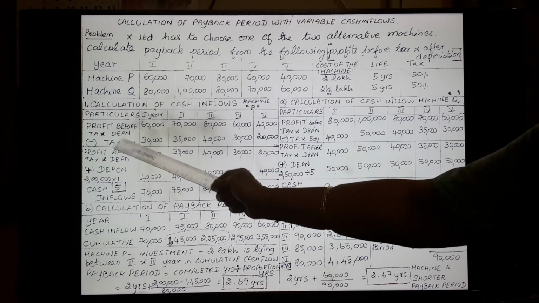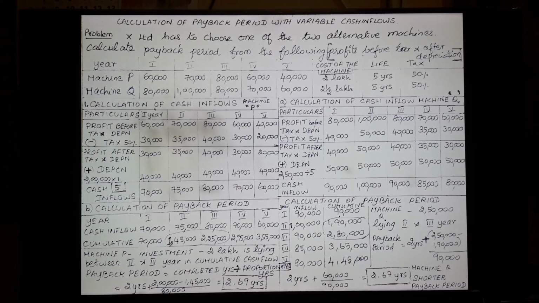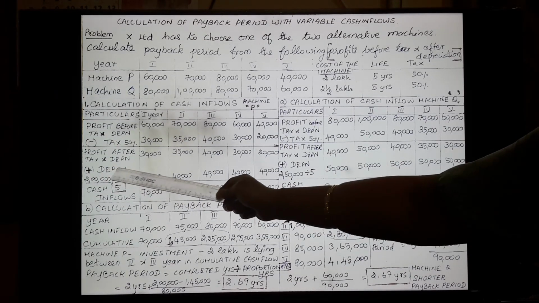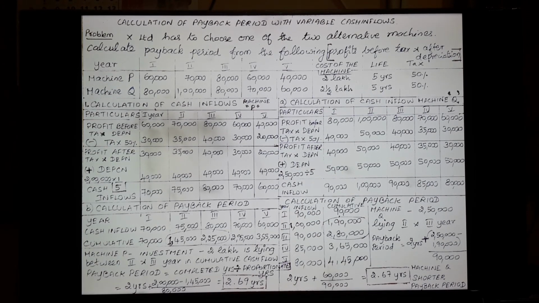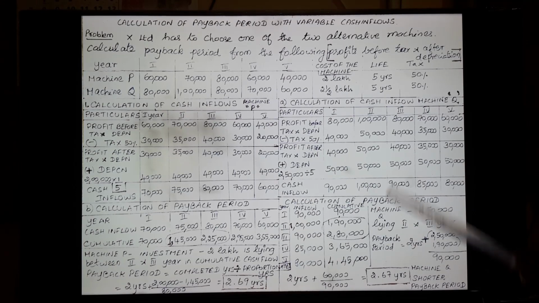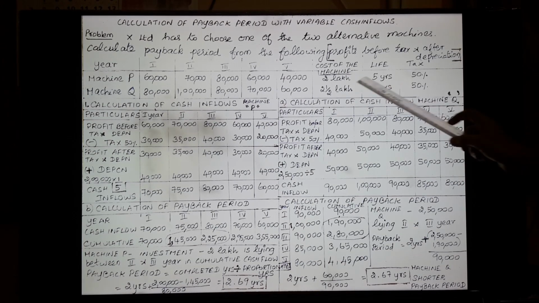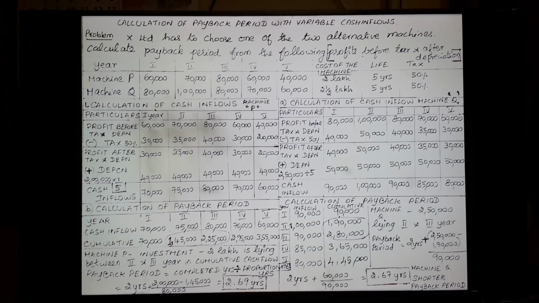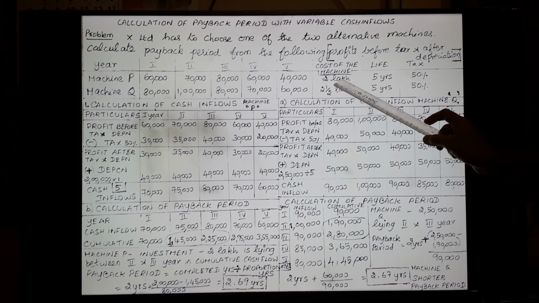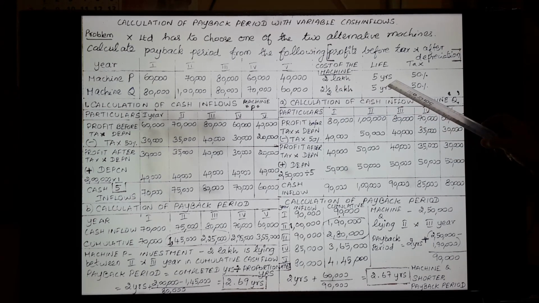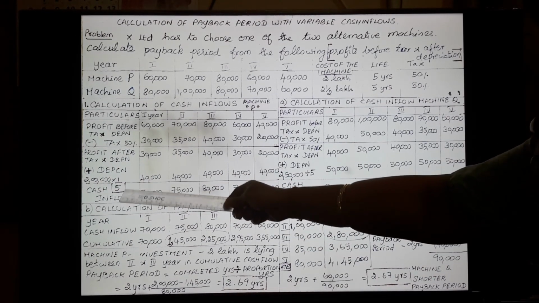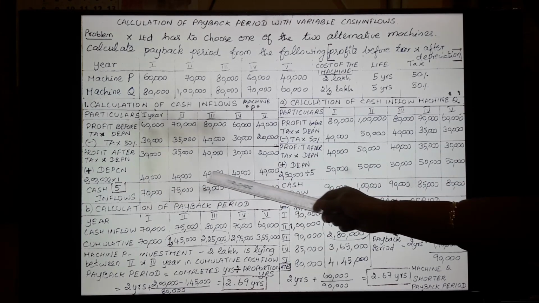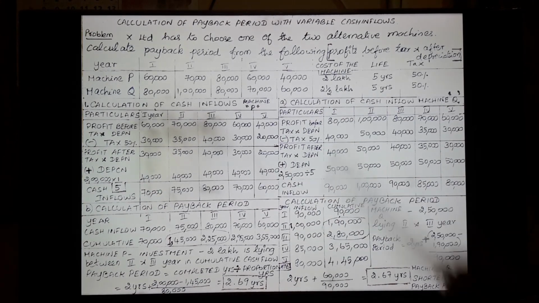This is profit after tax, but before and after depreciation. And what you are going to do is add depreciation. Have it in mind: plus depreciation. So how are we going to calculate depreciation? This is very simple in this particular method, because the life is estimated to be 5 years and 2 lakhs is given to be the cost of the machine. So you divide the cost of the machine by the number of estimated years. 2 lakh divided by 5, you get 40,000. So each year you are adding 40,000.